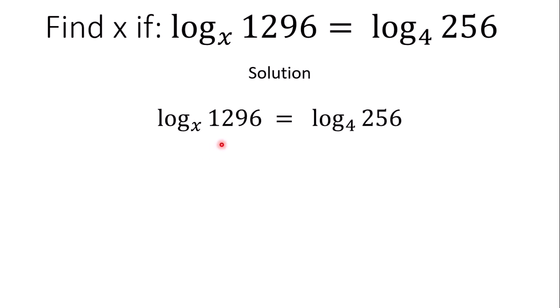Log 1296 base x is equal to log 256 base 4. Now, what we are going to do here is, first we are going to tackle this right